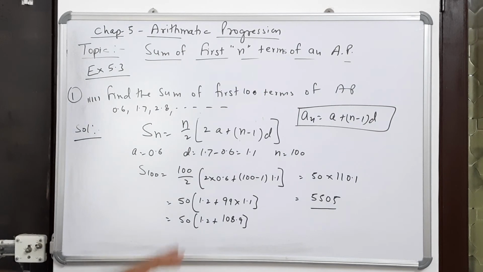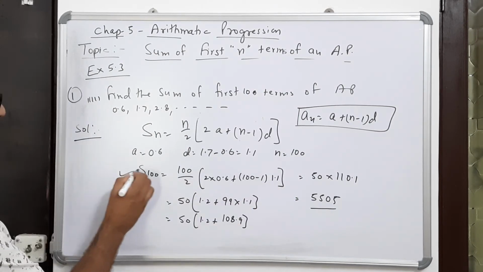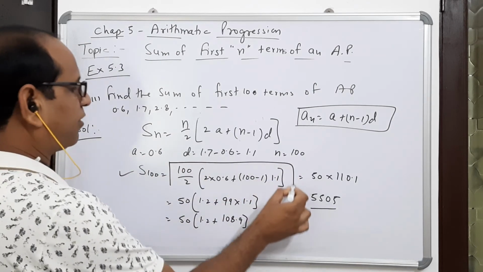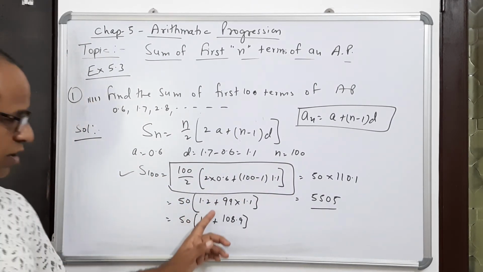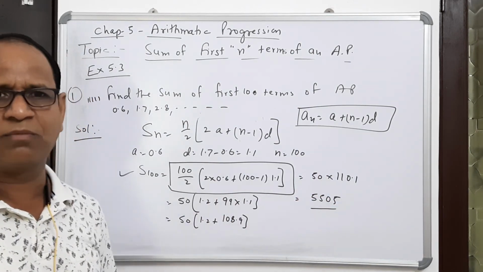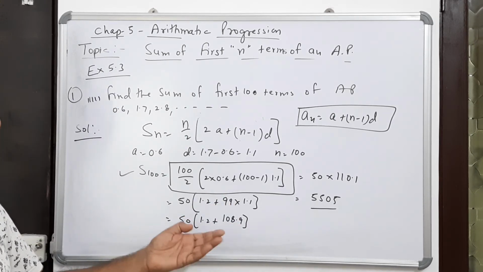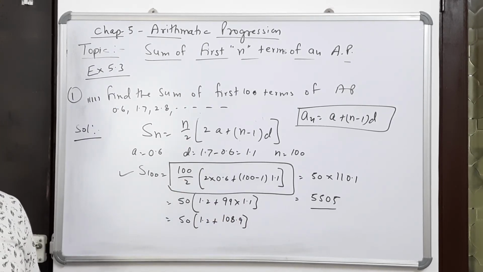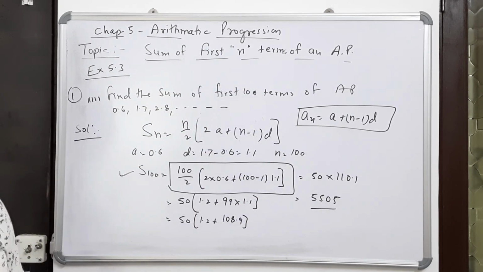This part is not important. The important part is only this step. If you put the proper values in the formula, the chances of mistake are very less. And if you want that this mistake doesn't happen, then do more and more sums. Do more and more practice from different books which are available with you other than NCERT. Otherwise, at the end of the chapter, I'll be giving you one worksheet. Then you can make your ideas more strong.